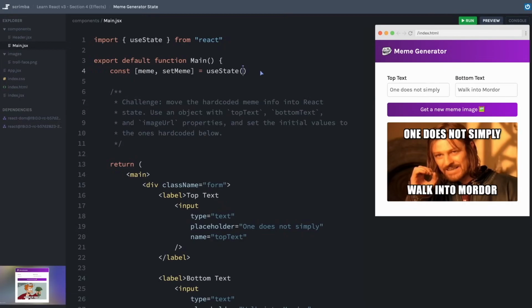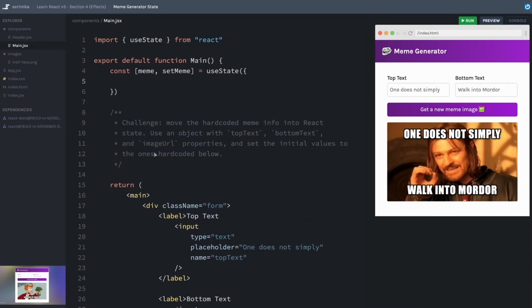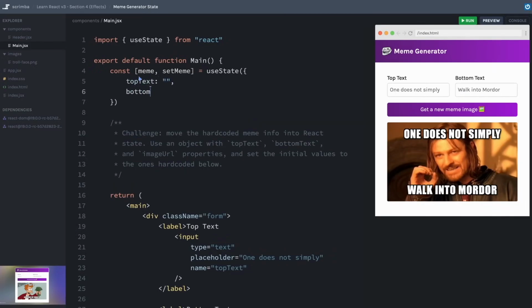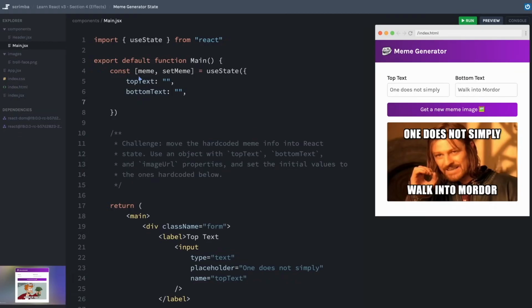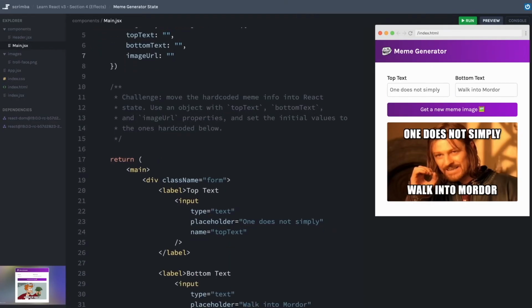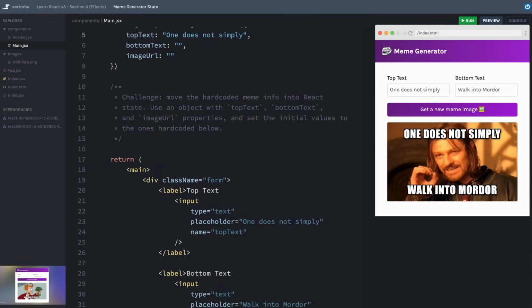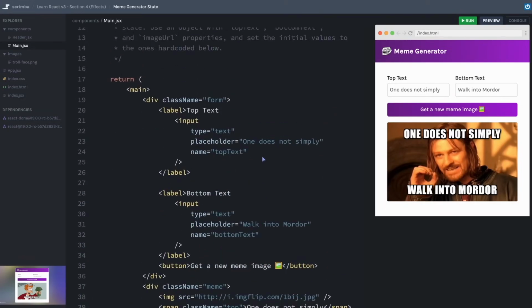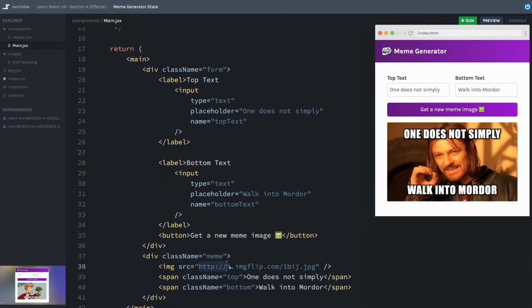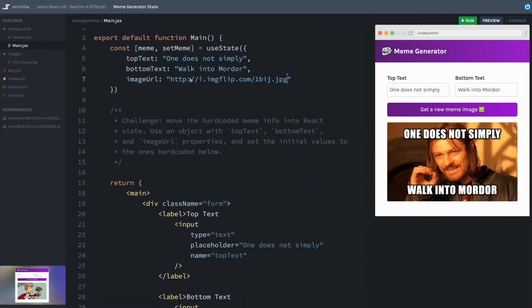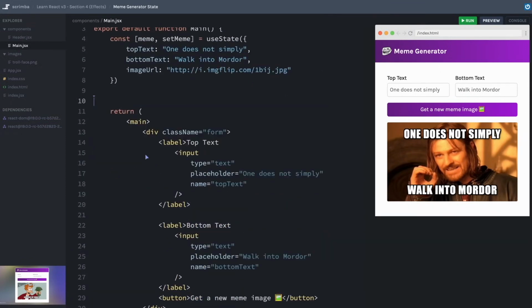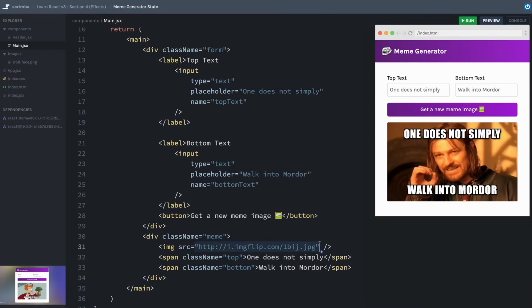so I think it'll be good to see it both ways. All right, my initial state is going to be an object, as it mentions down here, and we're going to have a top text property, a bottom text property, and I'm just setting these equal to empty strings for now. We're going to fix this in a second, and then an image URL property. Okay, for the top text, we have "One does not simply", and right there, bottom text, "Walk into Mordor", and let's grab this image URL as our starting point here, clean up the challenge text,